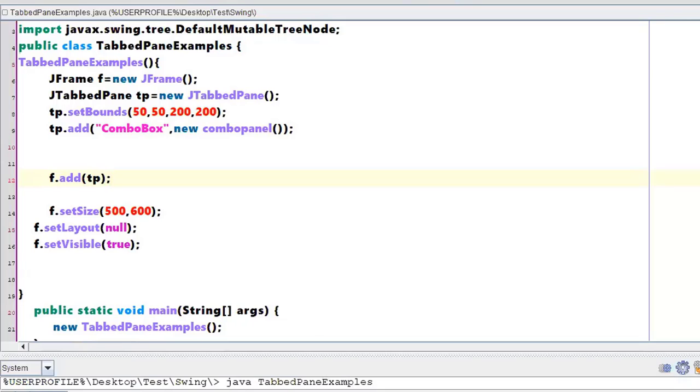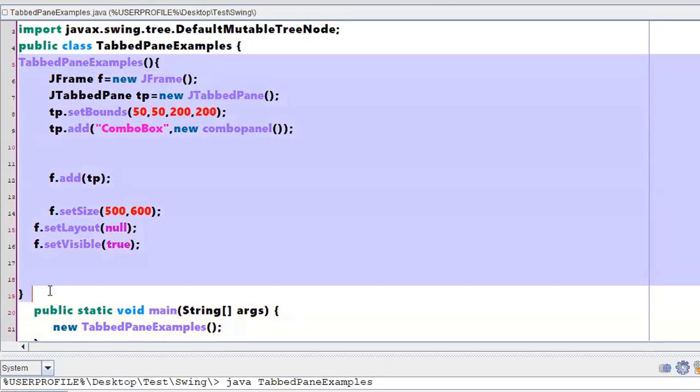Shall we check the program now? Question in the chat box: Sir, is tabbed panel examples in line 5 a method? No, that is not a method. That is a constructor. A constructor has the same name as the class name. So this constructor will be executed when you are creating an object of that class, right? Your program will start executing from the main method, so in the main method you wrote only this statement, new tabbed panel examples. When that statement is encountered, it will execute these instructions, that is the constructor of your tabbed panel,